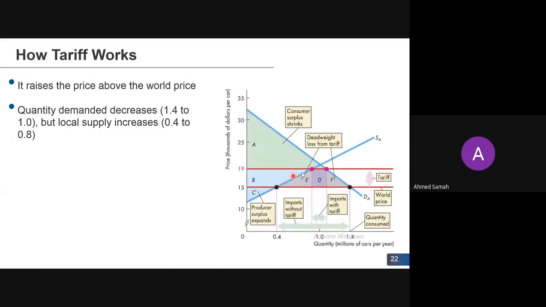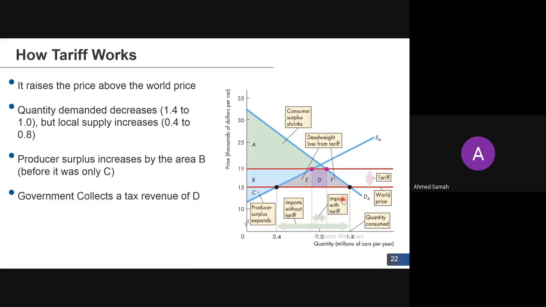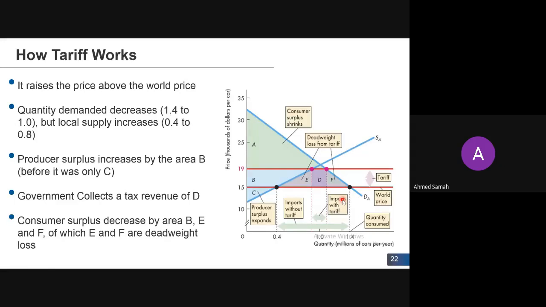So now suppliers have increased their supply and the demand has fallen. So imports without tariff is this gap, that is 1 million cars per year. But with the import tariff, what we see is that the import